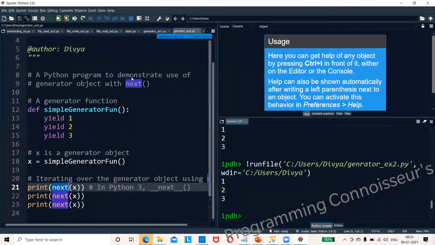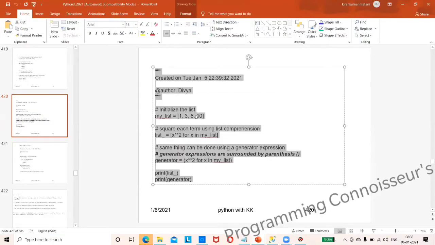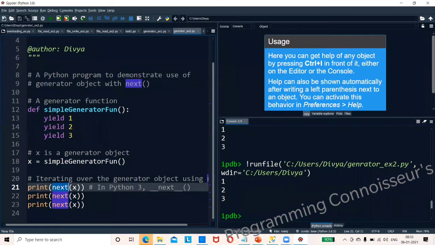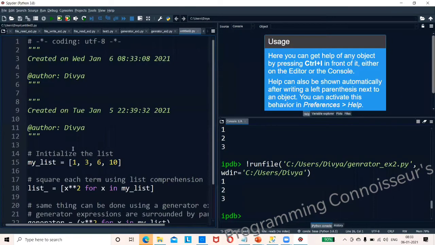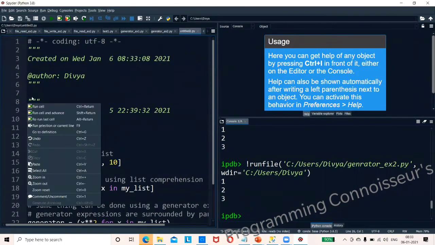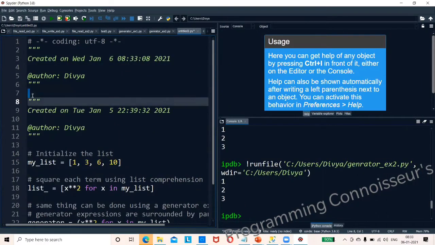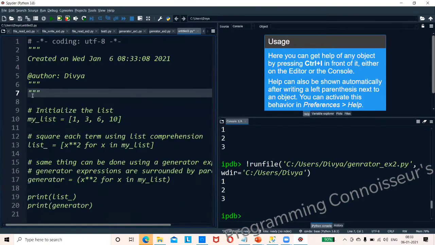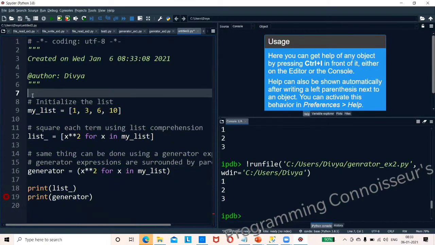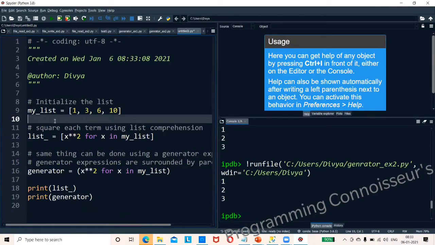I don't know where it is, I forgot the file name. I'm trying for you people so that it will give you more examples. Now you see, this is my list. Normally this is a list comprehension.